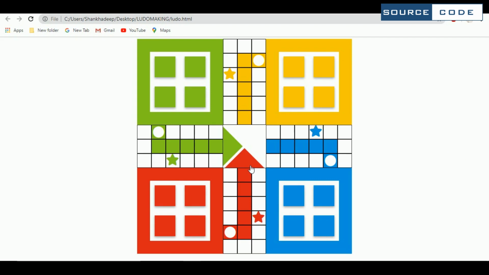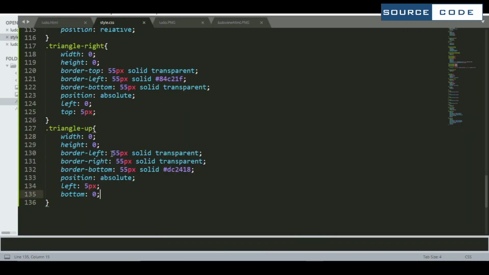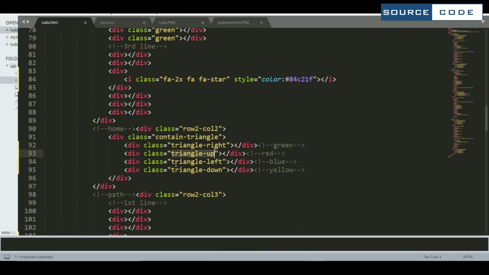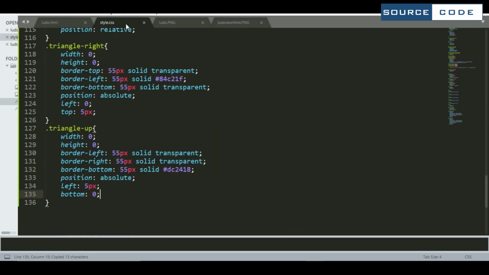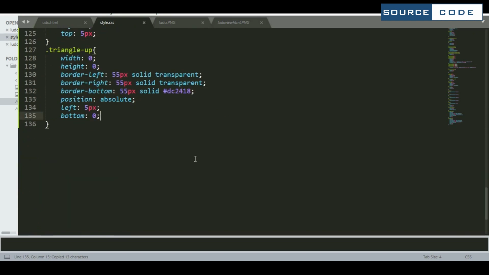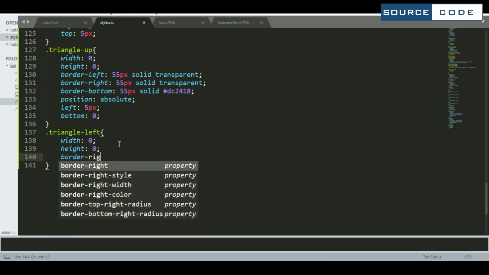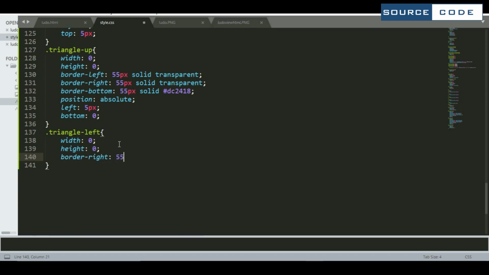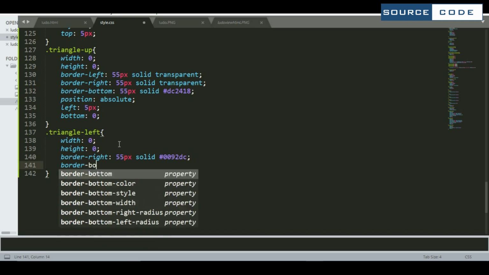So now we are going to design for the blue part. So just copy this one, triangle left. So for this width will be 0, height will be also 0. Now the border right, so it will be 55 pixel, solid blue color. Now we need to design border bottom.